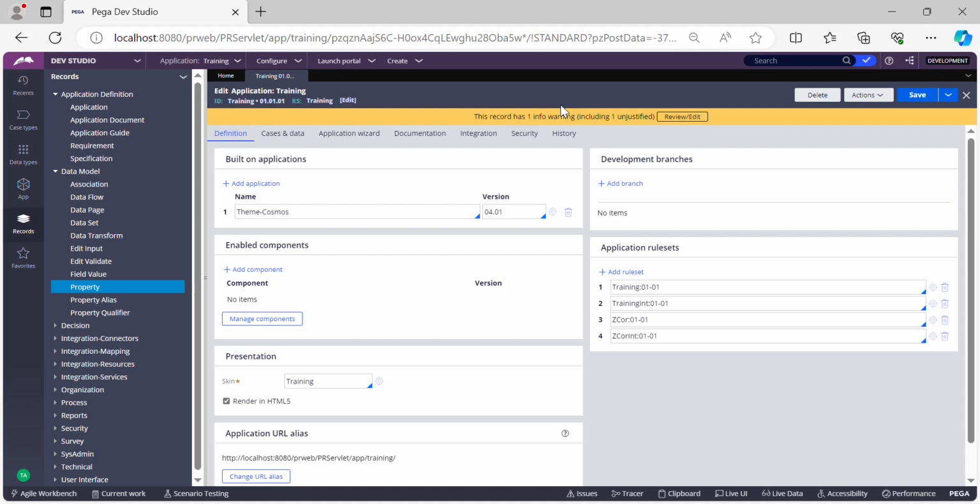Whenever we have such instances where multiple developers want to work on the Pega application in parallel, Pega has introduced a concept called branch-based development. So what is this branch-based development? If you see here, in the application definition rule, there is something called development branches. If you want to add a branch to your application, you can do it from here by clicking on